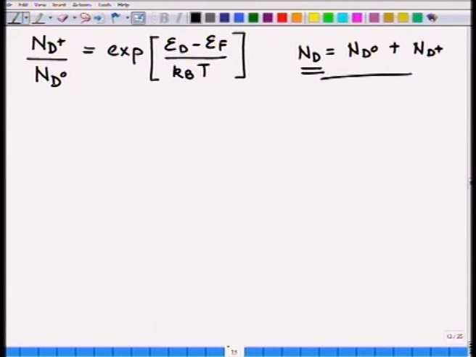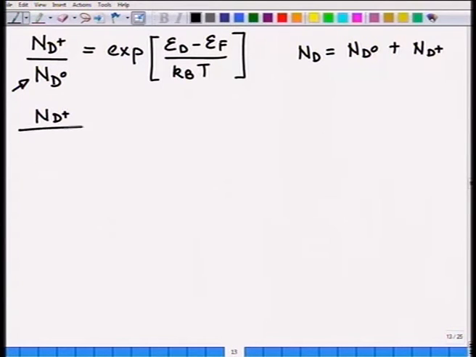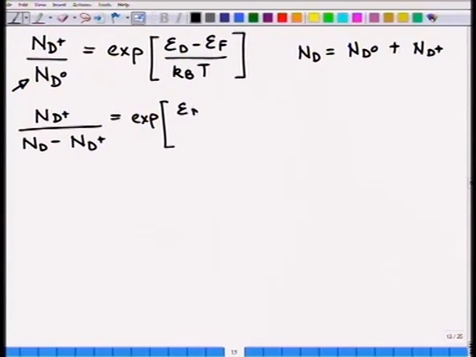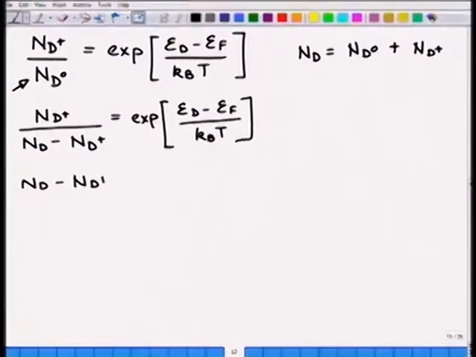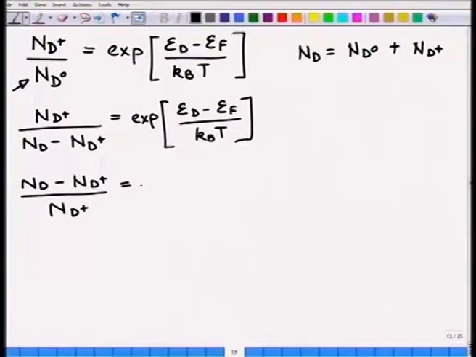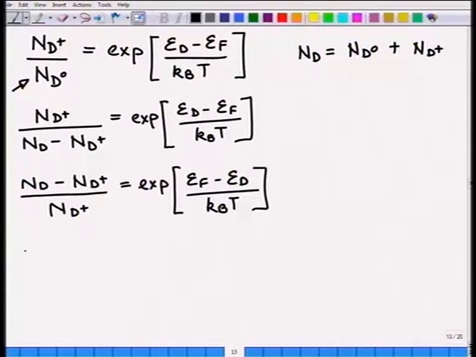and we are going to write this therefore with Na and Nd. So, we eliminate Nd 0 in this. I am going to write this as Nd plus divided by Nd minus Nd plus is equal to e to power Ed minus Ef by Kbt, which I am going to write therefore as the inverse of that, Nd minus Nd plus divided by Nd plus is e to power Ed minus Ef by Kbt, and this I am going to write as Nd divided by Nd plus equal to 1 plus this quantity right here. Let us just carry this out,